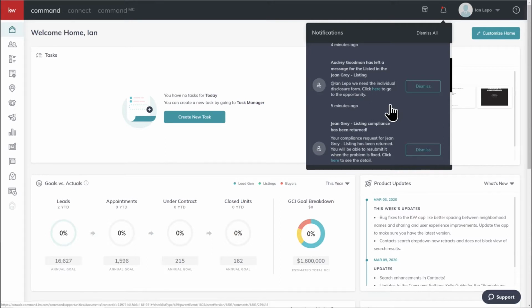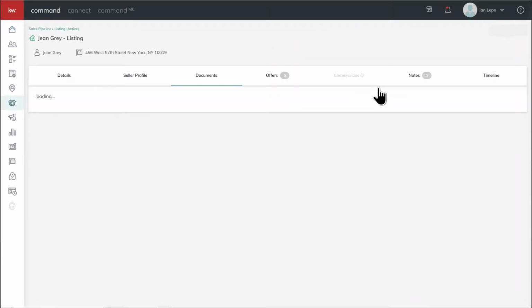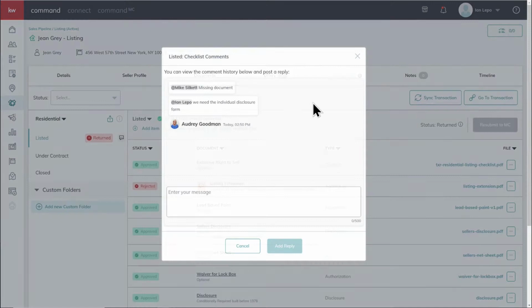Yes, we can actually walk through that here as well. So we do have folder level messaging, and we'll see what that looks like. Let's just click here. This is going to take us to the document checklist where we can see all of this. So we click here. It takes us to the document tab, and because we clicked on the actual message piece, it takes us to